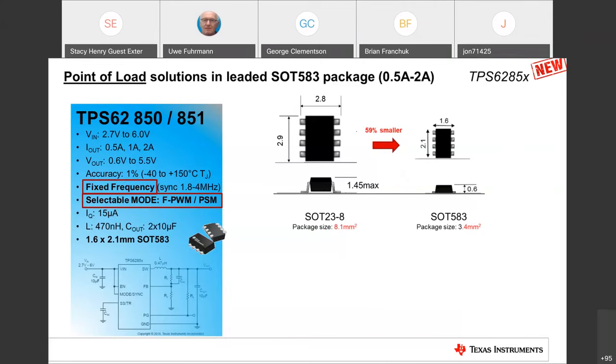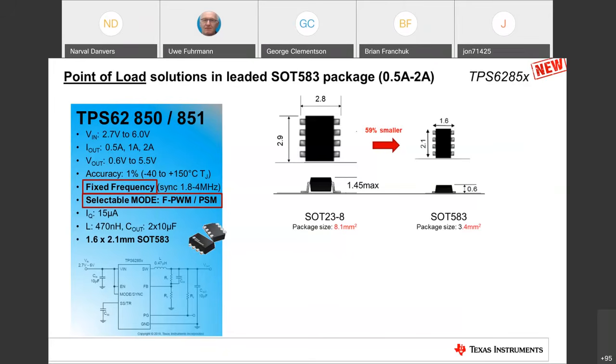Now, of course, you know the SOT23, but the SOT583 comes in a much smaller solution size, as you can see. But it's still a leaded package, and that means it may be preferred by some people on the bench because you can access the pins during the development phase, but also in mass production, because here you can have a visual inspection with a camera, compared to a more expensive X-ray system that you may need for a chip scale package or QFN. So here the pins are accessible and can be inspected automatically by a camera system.